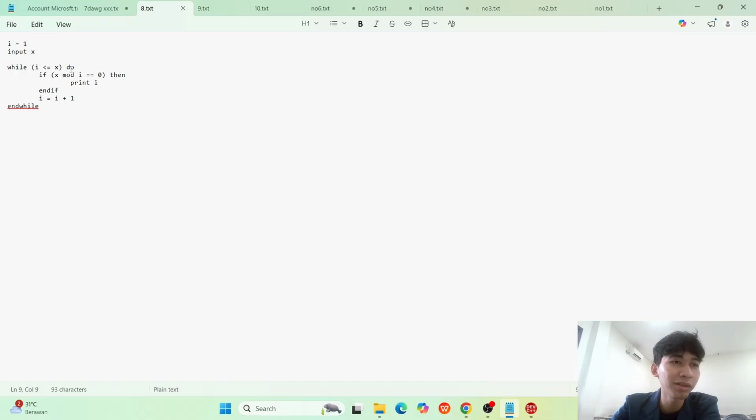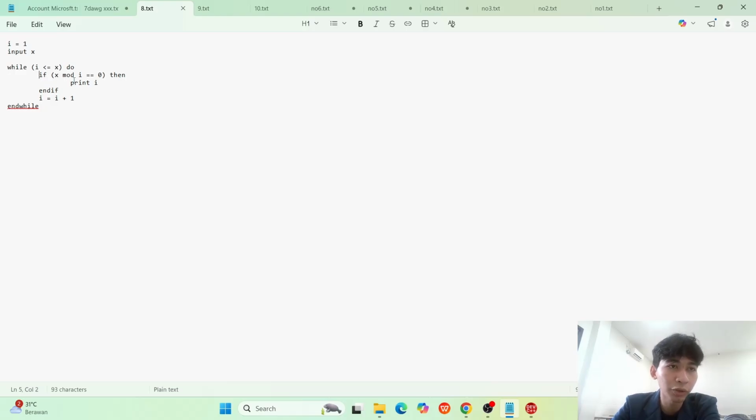Okay, we move to the pseudocode. In the first step, we initialize the I value, set to 1, and then the user has to input the value for the x variable. And then the while loop will run while the I value is less than x. If yes, then we make a decision again, this is the checker.